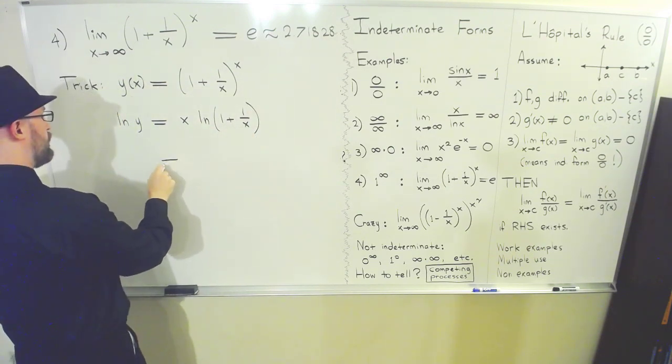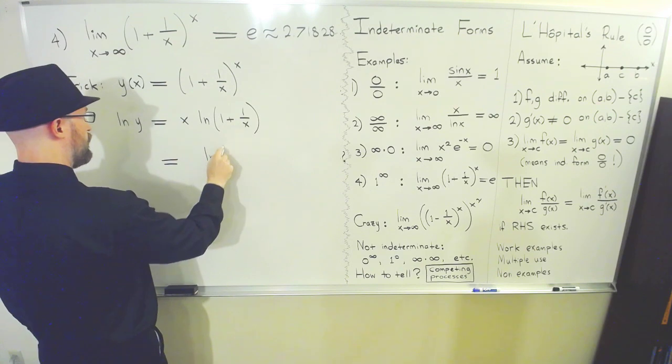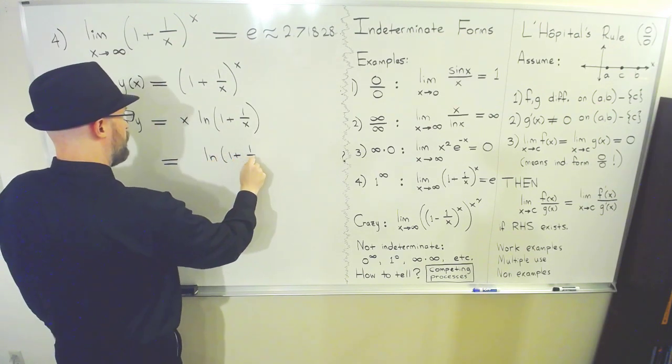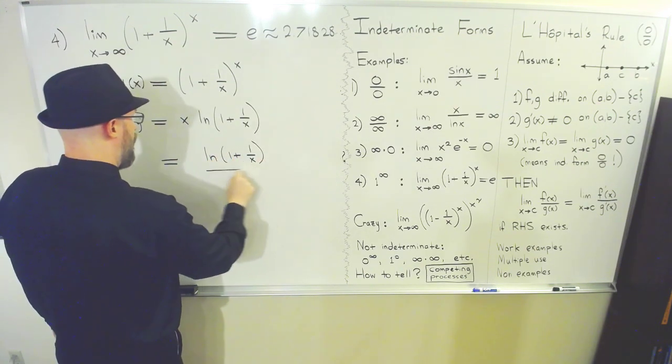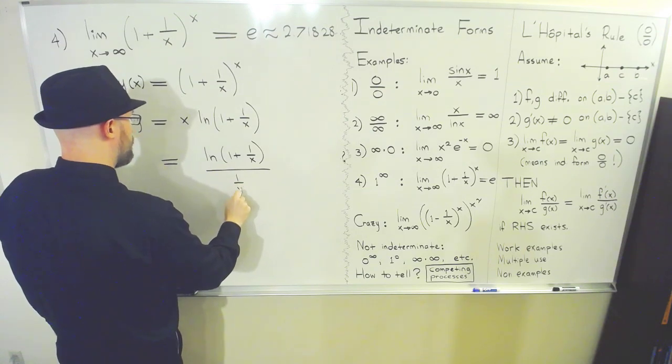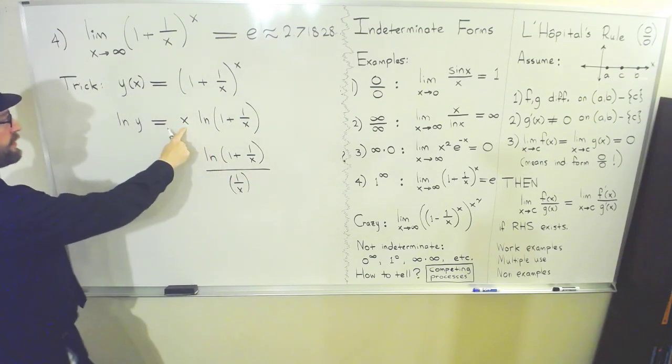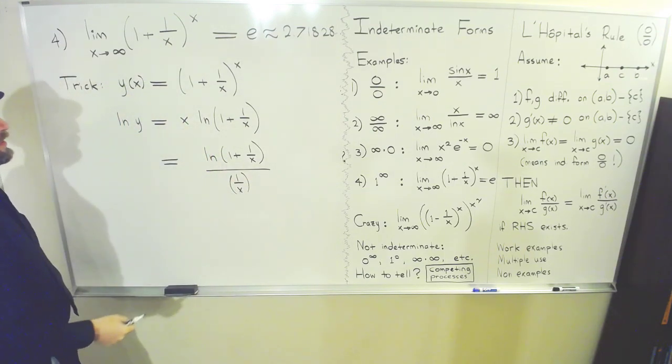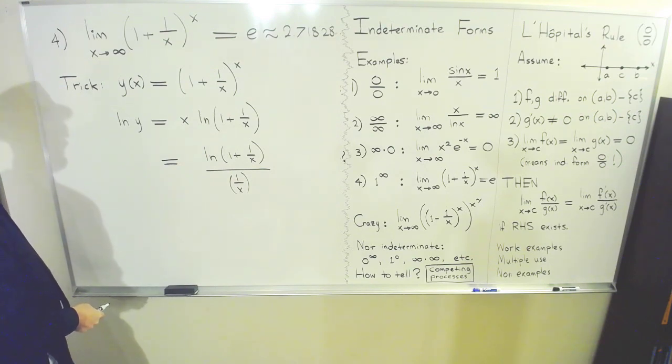Now I can write this as ln of (1 plus 1 over x) over (1 over x). See, I've taken the x and moved it down to the denominator. Now, why have I done that? Well, the reason why is because,